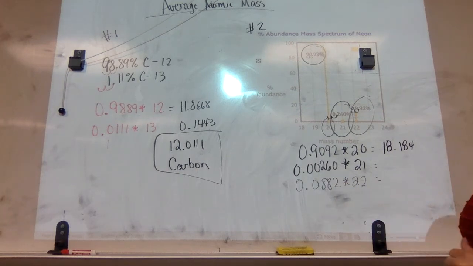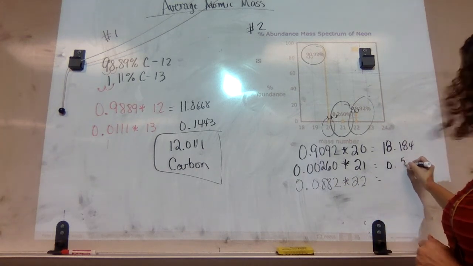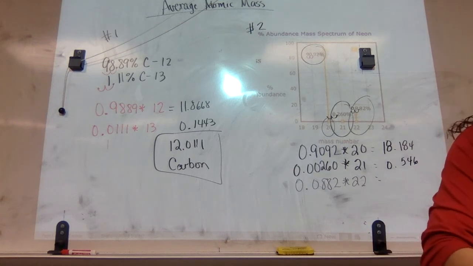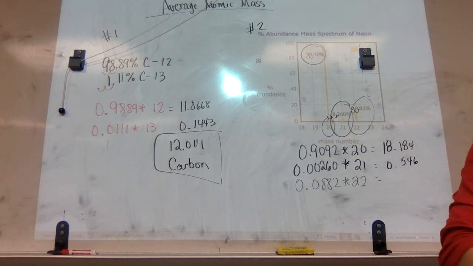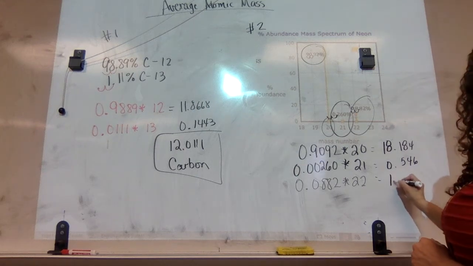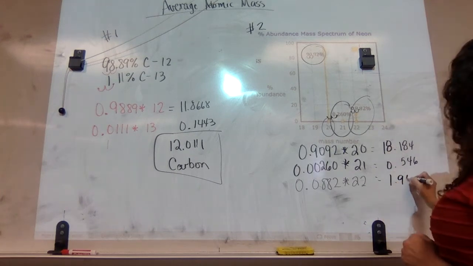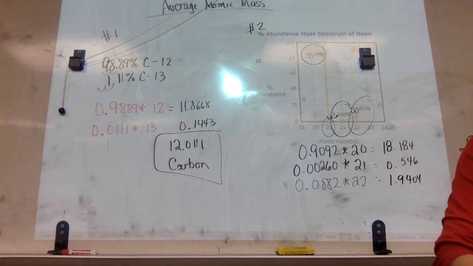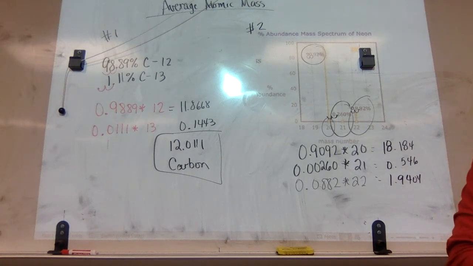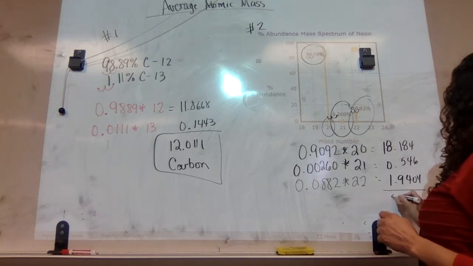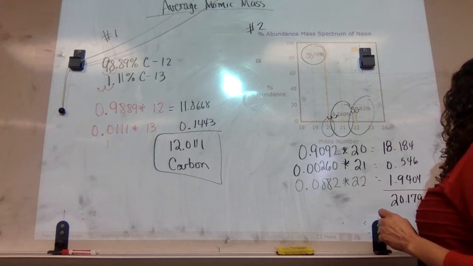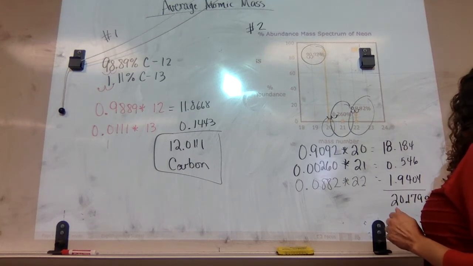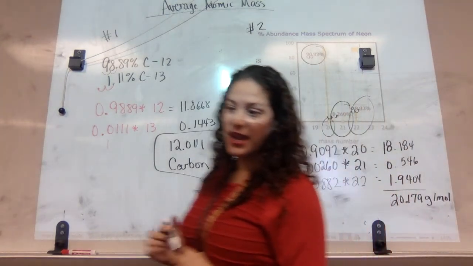0.0026 times 21 gives me 0.546. 0.0882 times 22 gives me 1.9404. When you add all those things up together, that gives you 20.179 grams per mole. I go and look that up on the periodic table, and I'm going to say,